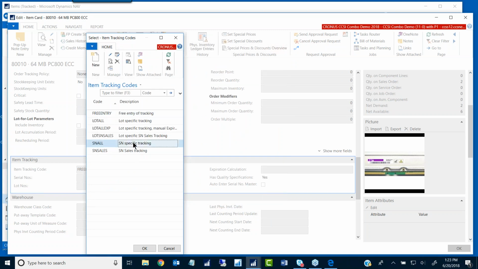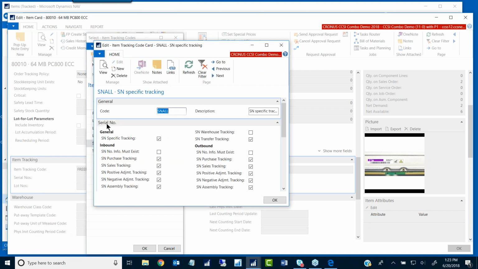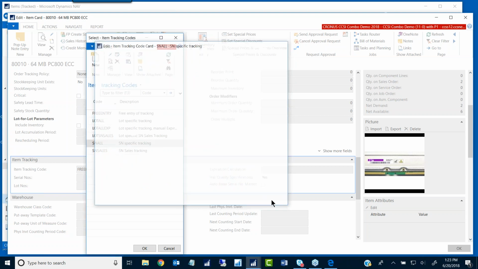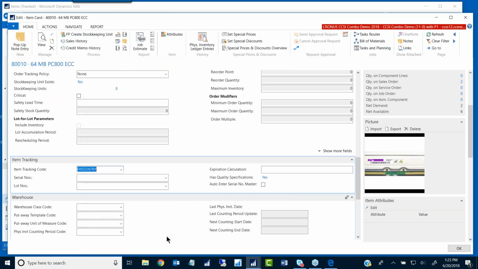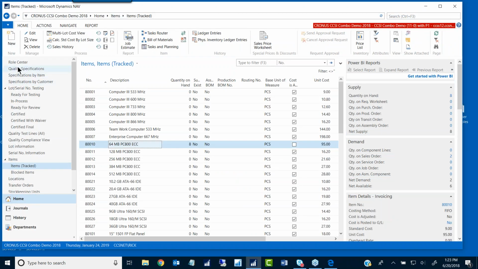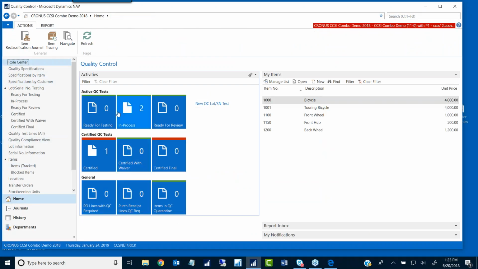On the serial numbers, we just open this one up too. There was something missing. There we go. So here's serial number. See, all these are checked. So you need to check it. If it's serial number for sales tracking, are you going to use that on outbound or inbound sales tracking? Check those off so that it forces the user, at the time that they are recording the shipments or the receiving, to use the lot number information. I just point that out to you because lot number is really very important for your